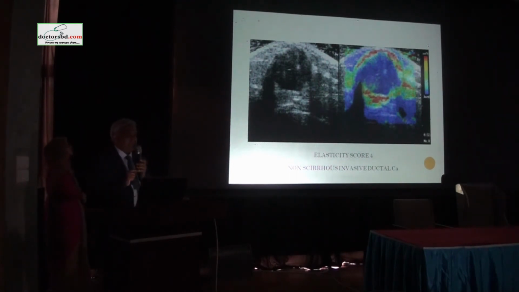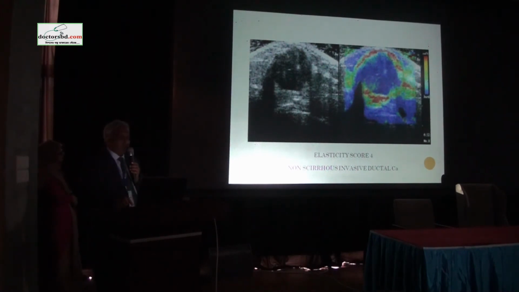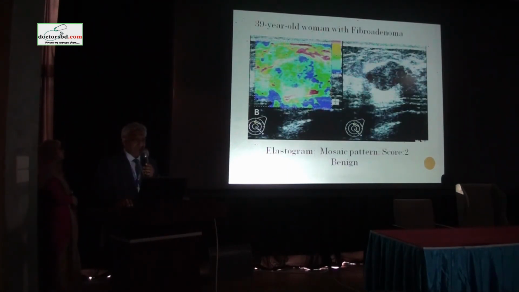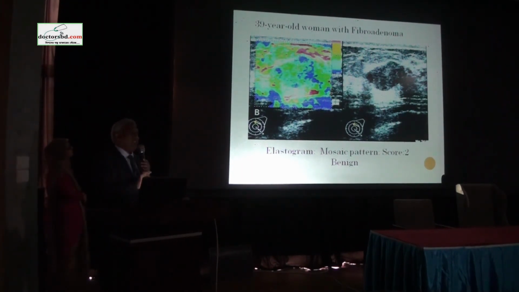Look at the image over here. You find a hypoechoic lesion on grayscale ultrasound. It seems as if it is a fibroadenoma, a kind of hypoechoic, well-defined boundary. But when you do elastogram, you find the center as blue, while the periphery is a mix of color. And on the basis of elasticity, it was graded as grade 4 and proved to be a serious kind of invasive ductal carcinoma.